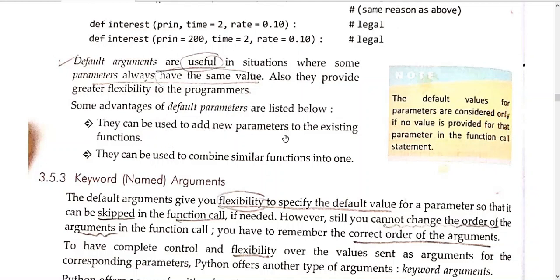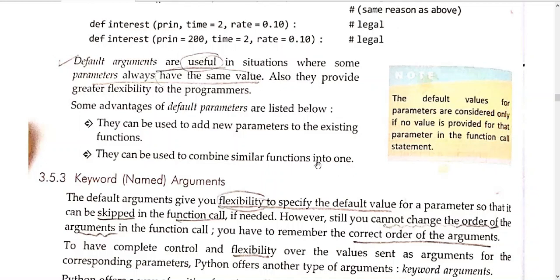In case you want to add a new parameter to a particular function and you know it will remain the same every time, then you can use this default parameter concept. Second advantage, they can be used to combine similar functions into one.